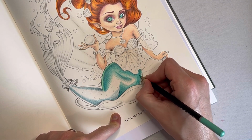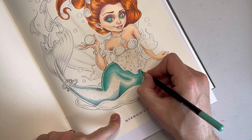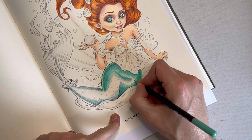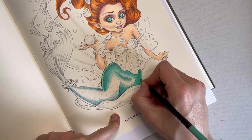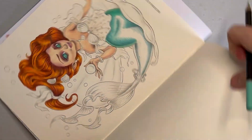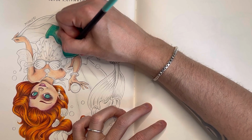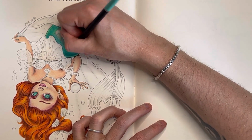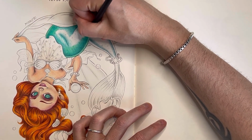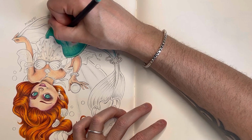And then in here, I really don't remember these being so crumbly. I don't know if it's just me. I'm going to go over everything in this now, because it'll just pick up and fill in any white bits. And give it that, hopefully like a